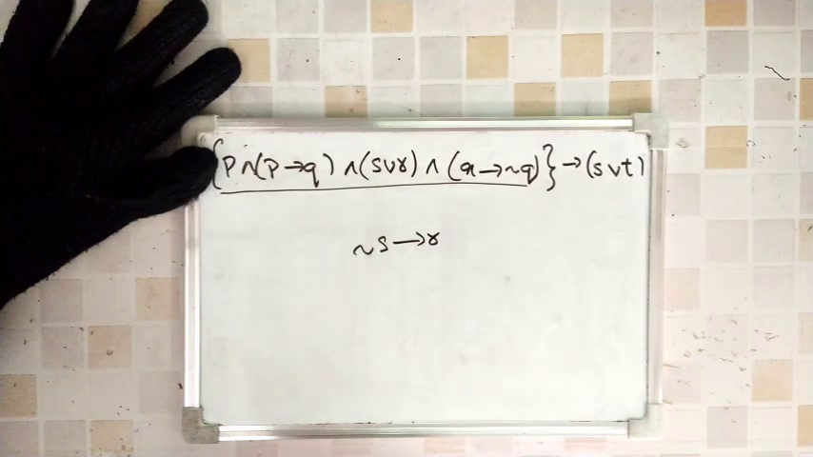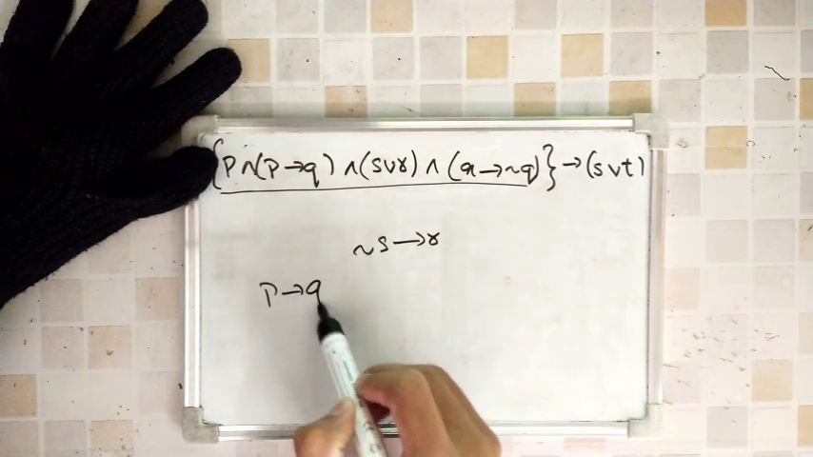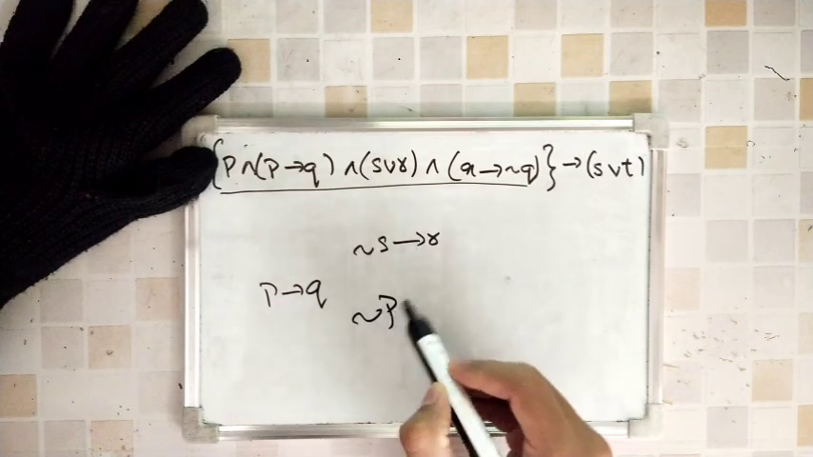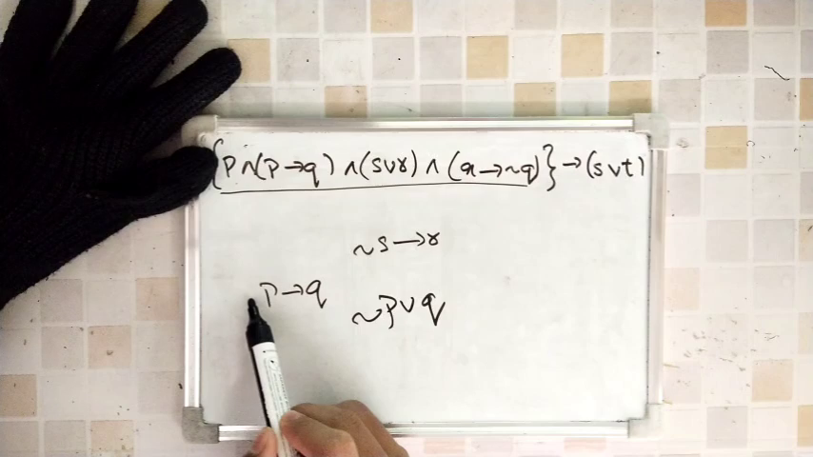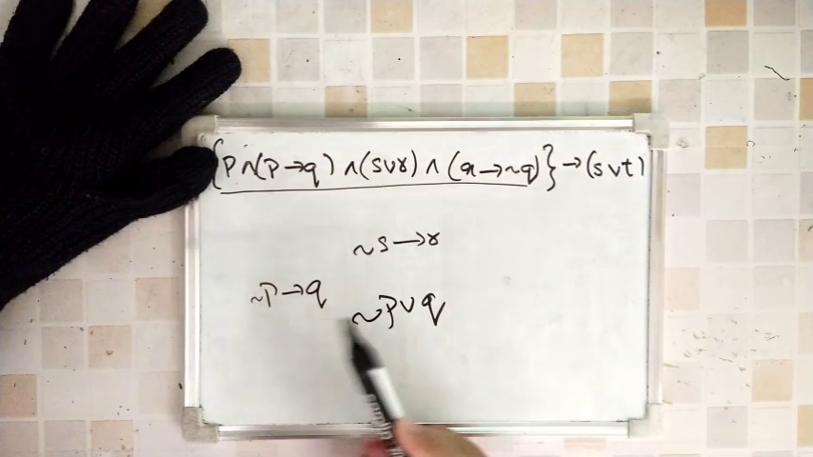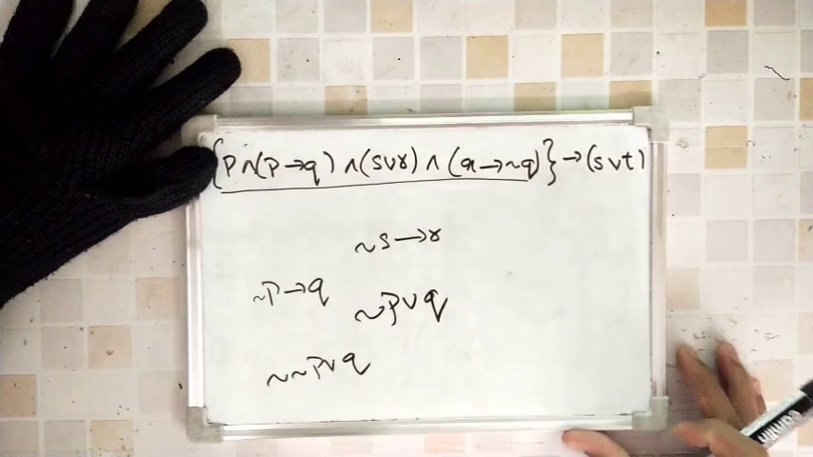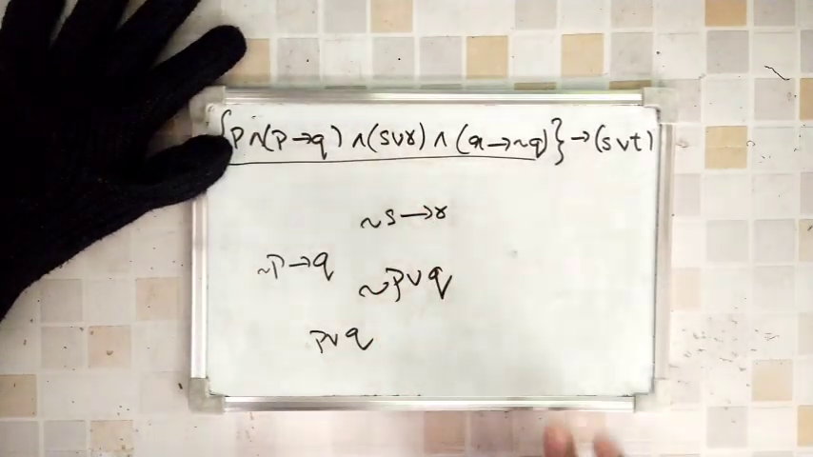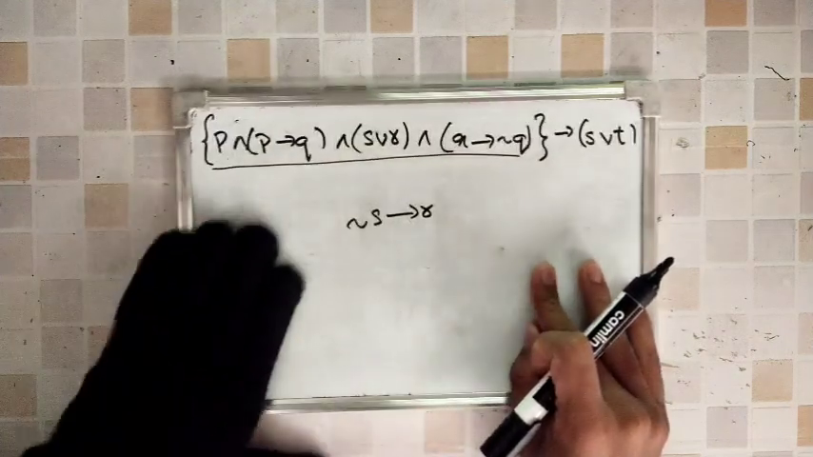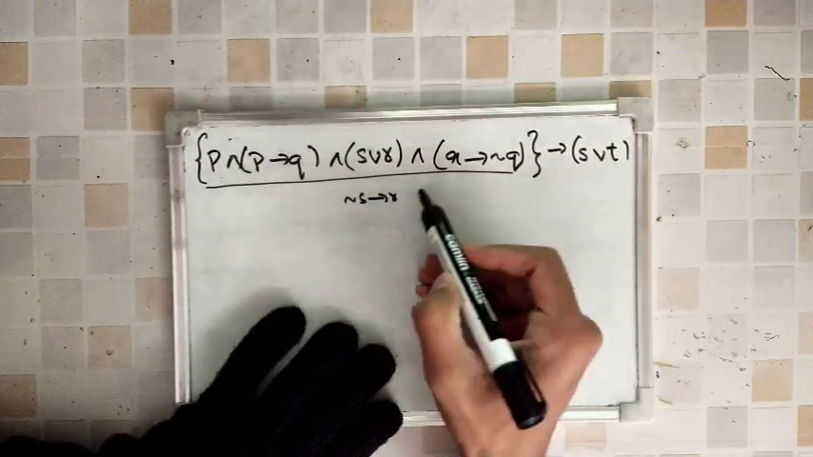Okay, why? Because we know that P implies Q is negation P or Q. Okay, if I have to do negation P implies Q, then it will become only P or Q. Why? Because I will have here double negation. You can see, right? Double negation will get over. So S or R, I can write it as negation S implies R. I showed you how we got here negation S implies R, and